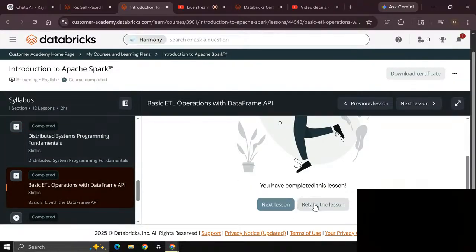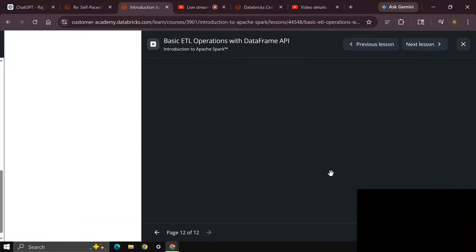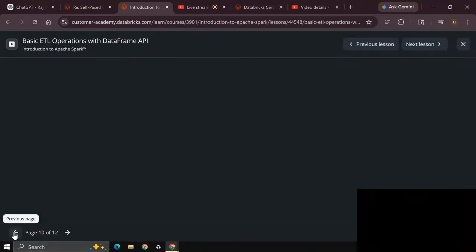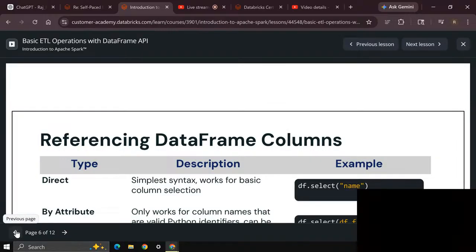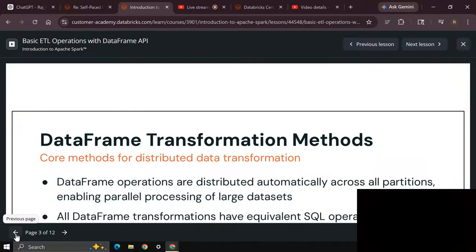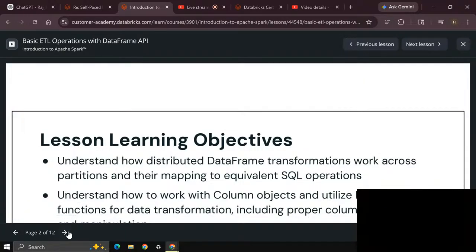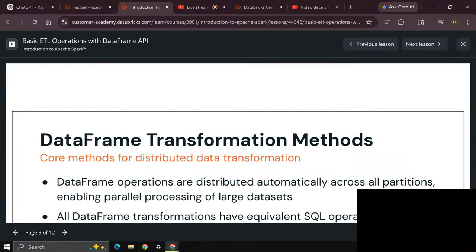ETL operations in the DataFrame API. What are all the ETL operations? Let's try to learn it. Let's go to slide number 3, I think. Slide number 2 has the lesson objectives, and after that, slide number 3,